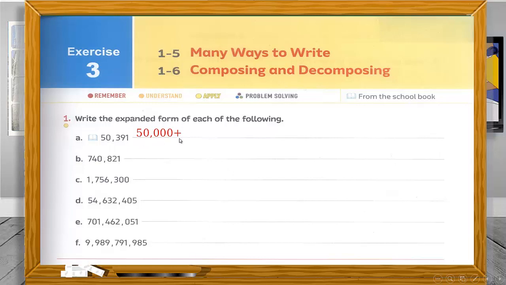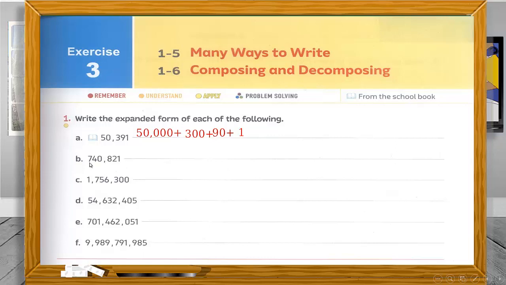So write 50,000. Here we have nothing, so you should go to the next place, because we said zeros are not needed in expanded form. In the next place we have 3 in hundreds, so you should write 300. 9 in tens is 90. 1 in ones is 1. Next numeral we have